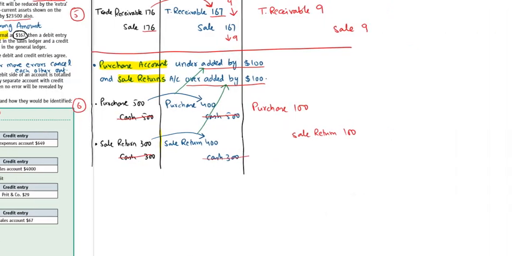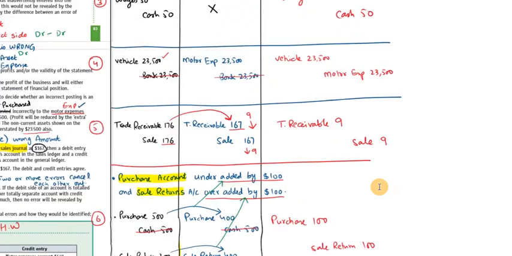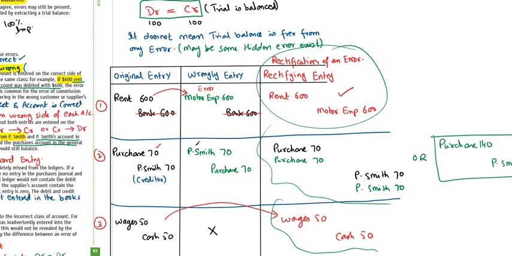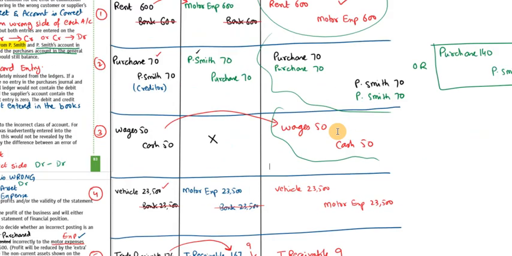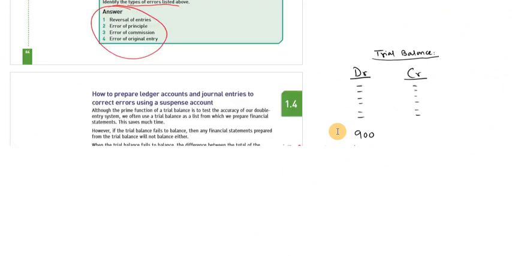So this journal entry we will normally use for the correction of all errors. So these are the journal entries, the rectification of error. These correcting entries will be used to correct all the errors. Okay, the next thing is